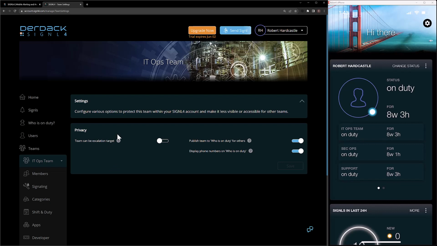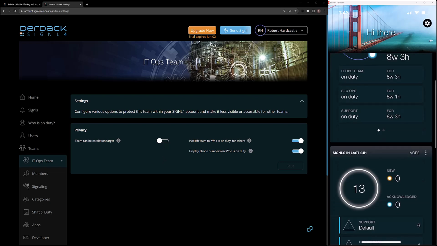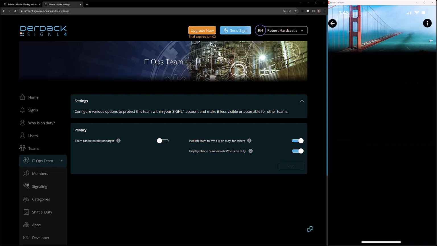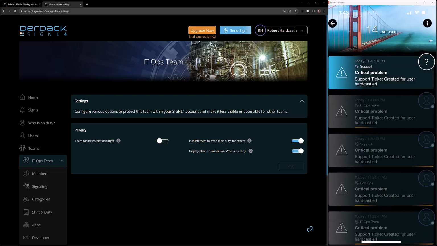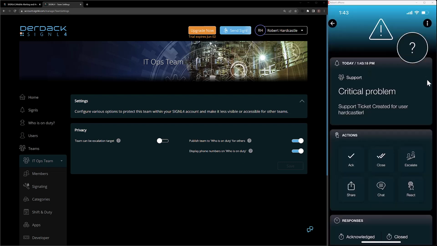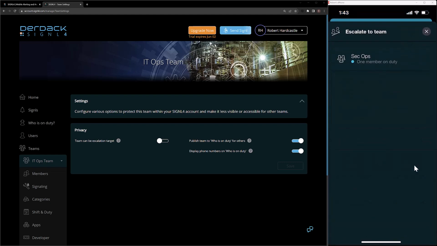However, as you can see here for my IT Apps team, this is currently disabled, which means they cannot be targeted by escalations. So if I have a new alert come into my SIGNL4, and I'm going to go ahead and open that here in my mobile app, we'll see here that it comes into the support team. And if I open up the alert itself, we'll see that here it is support. And if I click under the Actions tab, this Escalate button, we'll see here that I have only listed